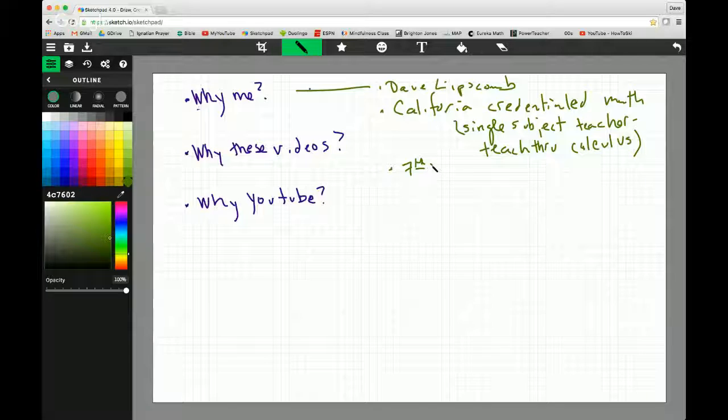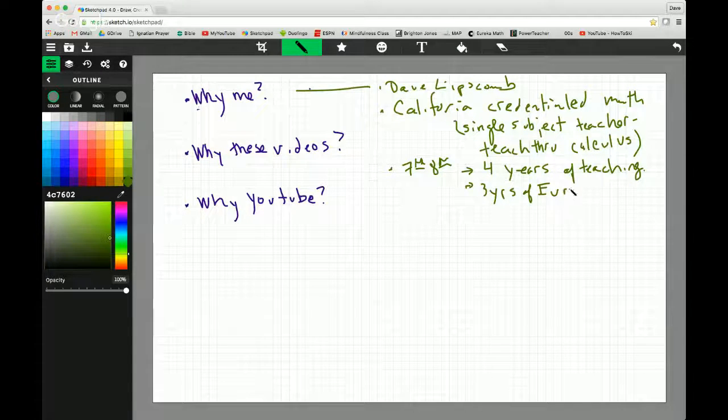I've been in the classroom for 4 years. I did computer science, and I started a few companies, and after reaching the age of about 40, 45, I decided that I was going to start a second career, and I'm doing that teaching. I've been teaching 7th and 8th grade math for 4 years, and specifically 3 years of Eureka Math, a curriculum also known to some of you as Engage New York.